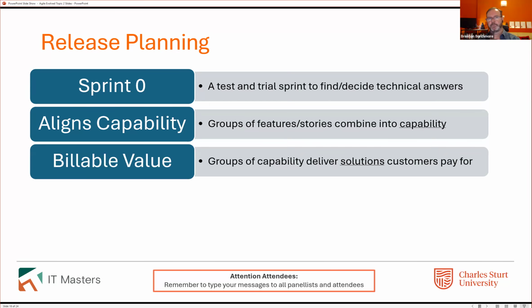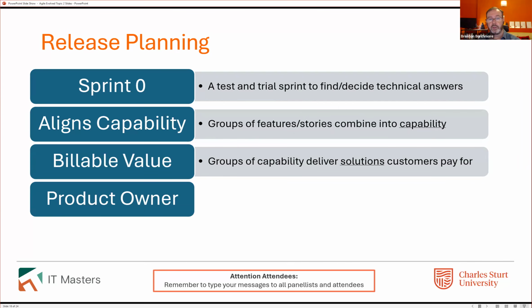That's billable value. And the product owner is there saying, okay, we need to bundle together a select group of features and user stories that can actually work together, that can be functionally usable or visible or identifiable, or a payment milestone that we can say to the customer, we built this module. But if we're doing 10% of this and 10% of that and 10% of something else, we're never going to get to the point until the very end. And that may not be commercially viable for us